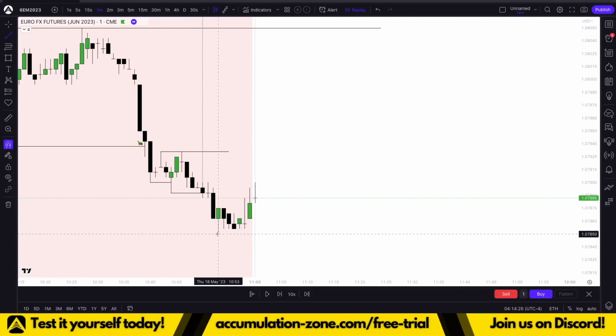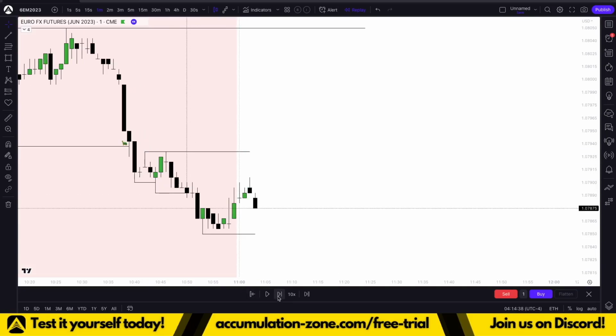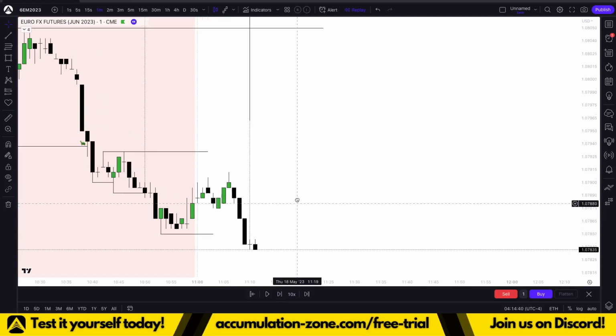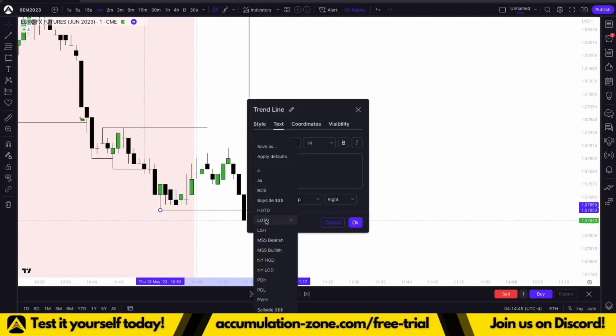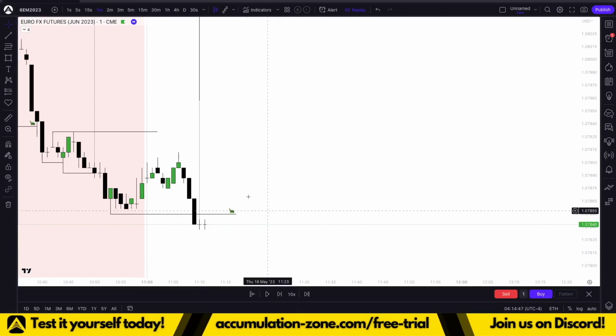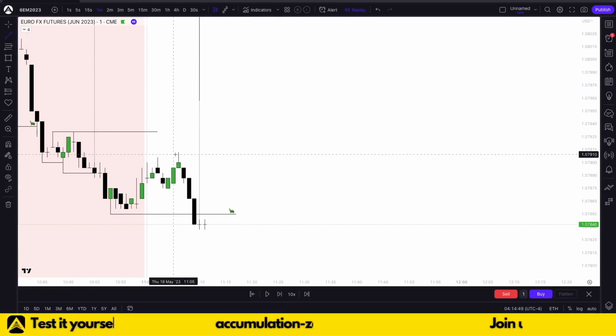We found our low right here. The lowest point between, yeah, would still be this level, though I would consider this as one move to the downside. We took out our hourly low at 1110, so I would still wait for a potential market structure shift right